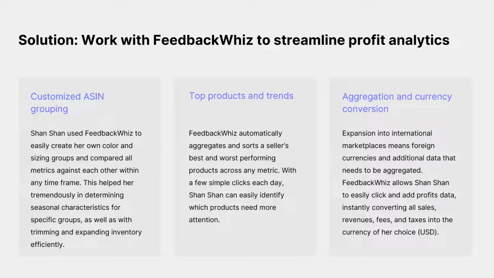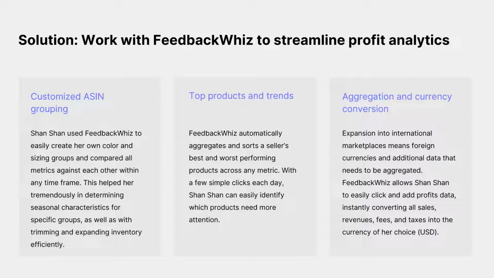So not only can you view the product profitability within a group, so you can see it by the ASIN level, you can see it by the group level, and then you can also compare various groups to each other. So I can pull up the product profitability over a certain amount of time for the red group versus the blue group and compare those two things and say, hey, I'm making a lot more money selling the red color versus selling the blue color. I should probably focus more resources into growing that color or that variation or that size or whatever it is versus spending any more resources on this one.